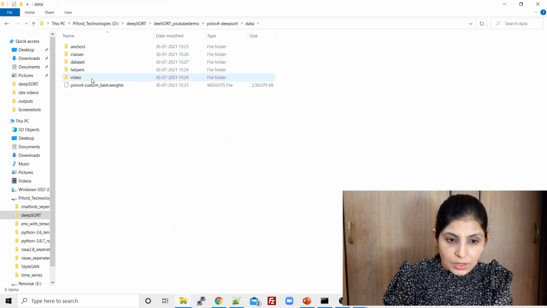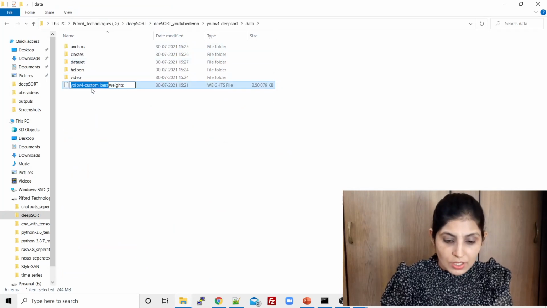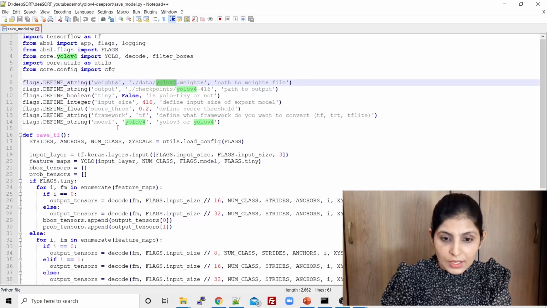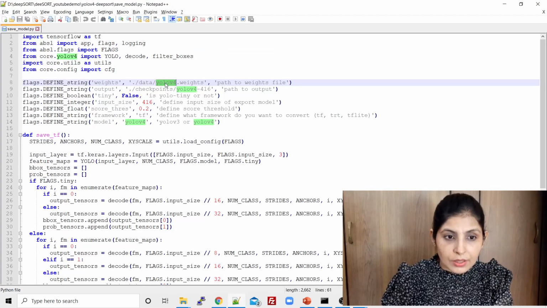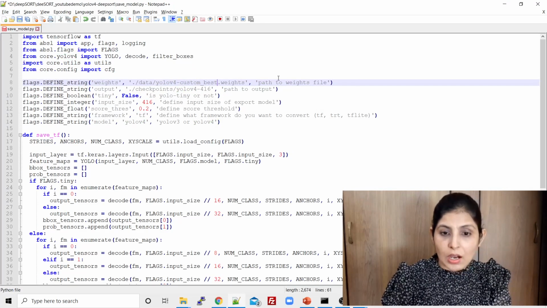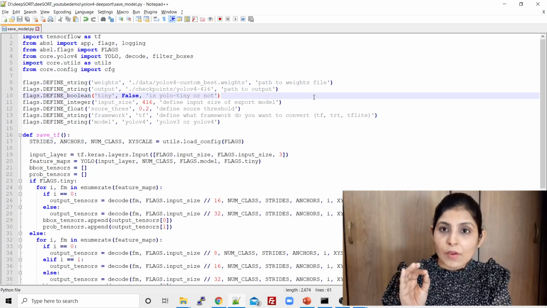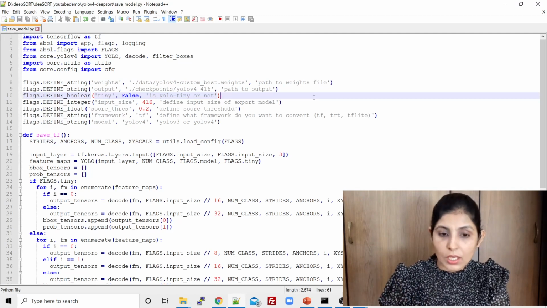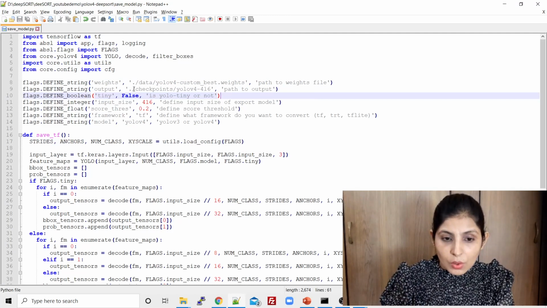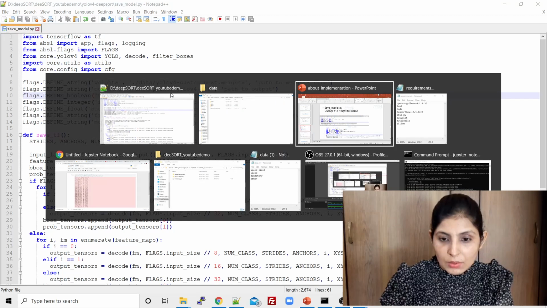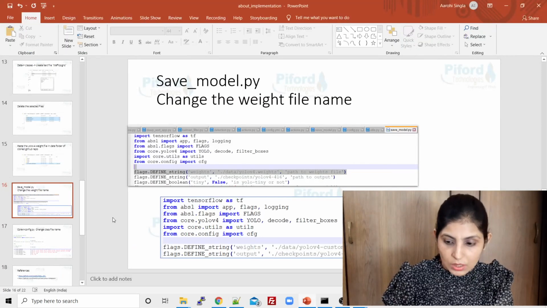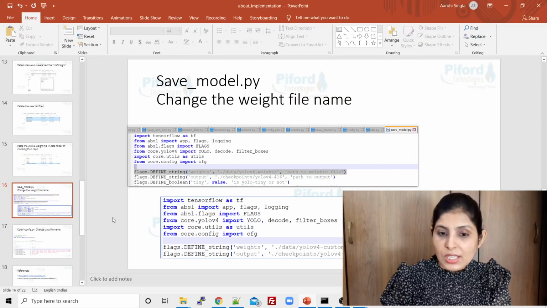Open the data folder, copy the name of your file, and paste that name over here. Okay, and save this file. That's it, guys. In the save_model.py file, you have to make these changes.